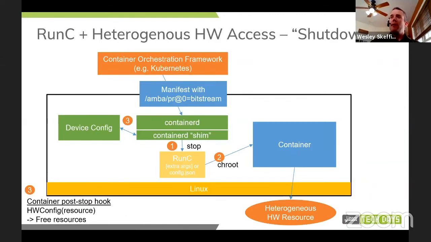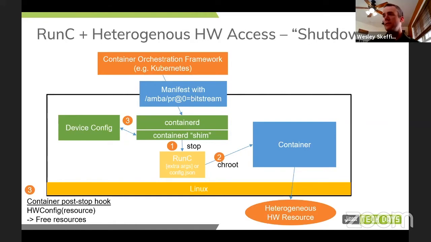So then if we flip that and look at the other side of it, because as you look at resource management, obviously there's a startup and shutdown piece of it, it kind of works in the opposite manner, where once we get the stop command for the associated container, we can shut down and stop that container and then bring back that state information to the device configuration.